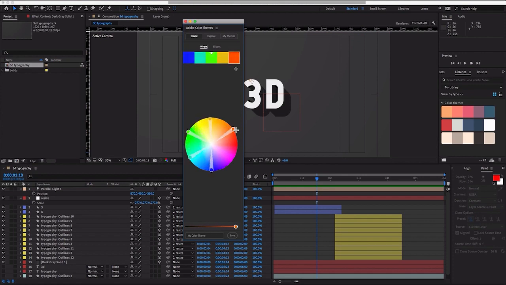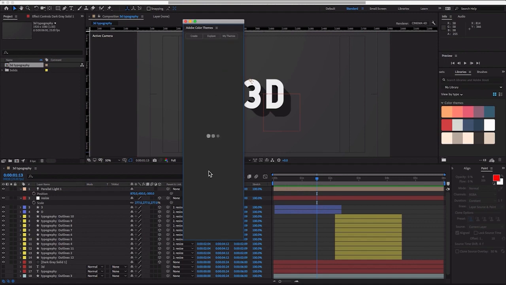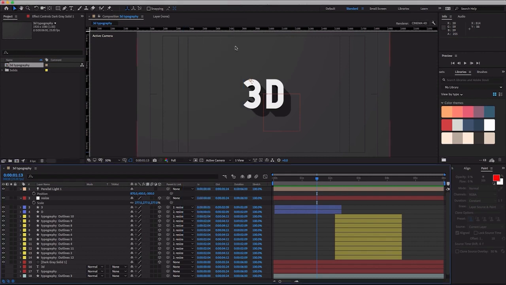You could just click and drag them around, and you get different colors and looks. If you don't like anything here, you can always go to explore, and you've got different styles and different looks that people have uploaded, and you can even type them in. So I've already added a few here. To add them to here, again, like I said, all you have to do is click OK once you're happy with your color. So I'm going to cross that off, and I'm going to use this one over here,